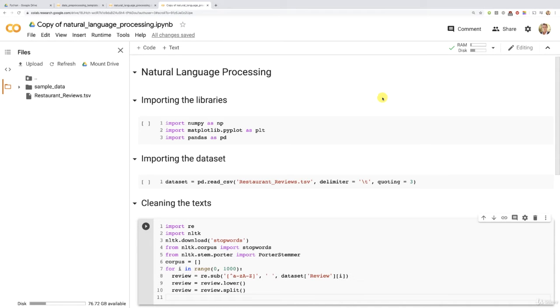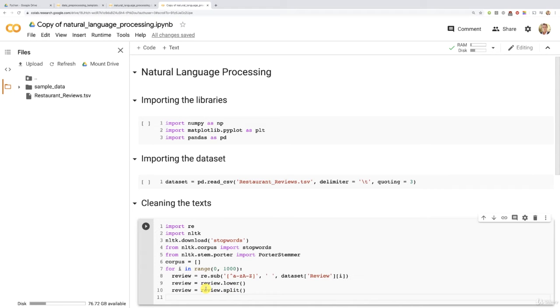Are you ready to finish and complete that cleaning of all our reviews? Let's do this. So, just to recap on what we did so far, we made this for loop to treat each review separately and clean each of them separately. And the first thing we did for each of these reviews was to replace all these non-letters by spaces, so basically all the punctuations by spaces. Then we turned all the letters into lowercase, so all these capital letters were turned into lowercase, and finally we